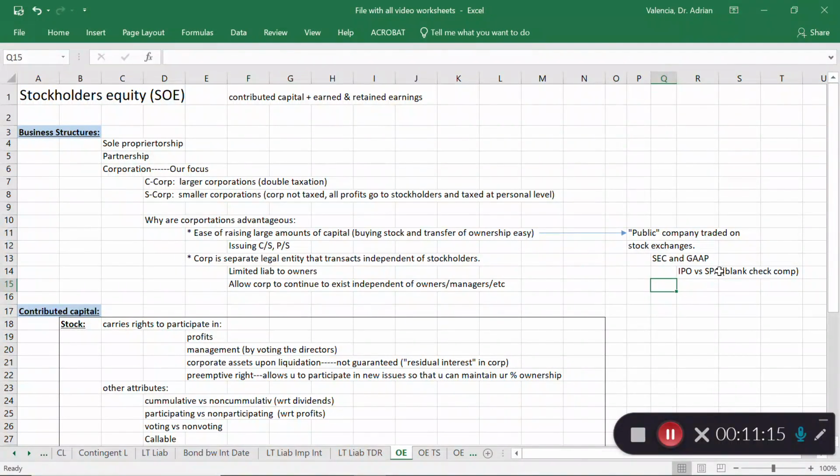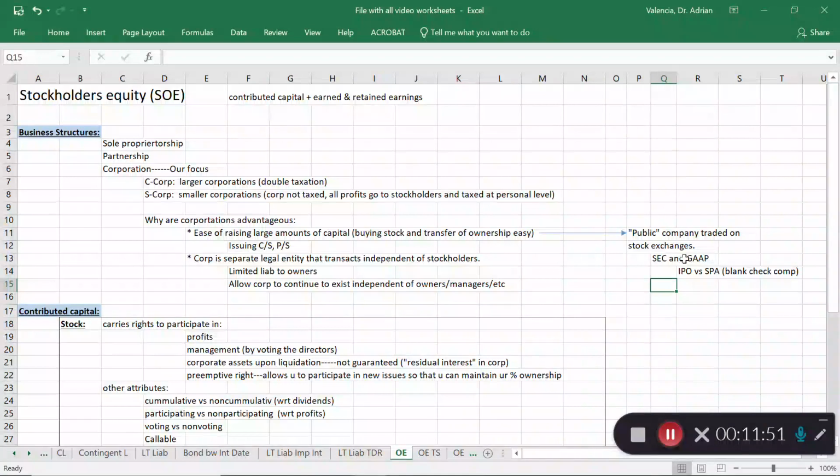And some of the advantages, and I don't know if it's an advantage, honestly, but some of the things that make it easier to raise capital through the blank check company is that the company that's starting out and raising capital through the SPA has less stringent reporting requirements than a company that has to go through the formal IPO process. So be careful with that, because in an initial public offering, this is the company itself, the corporation itself, selling shares to the public to try to raise capital.